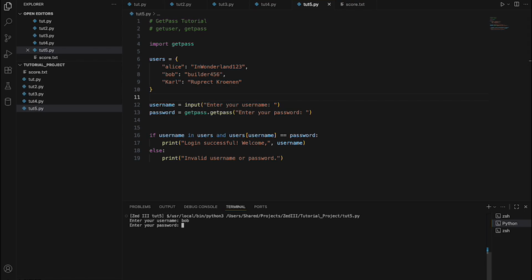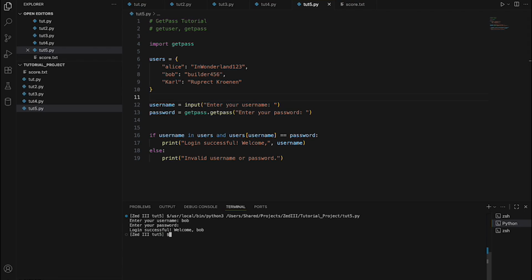So right now I'm going to be entering the password, and nothing's there, but it's entered. And this is really good for password management if you're doing that kind of project or anything you want to keep hidden. And you know I entered it because when I run the program again, you can see